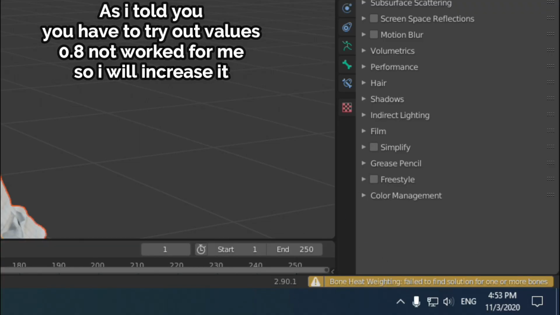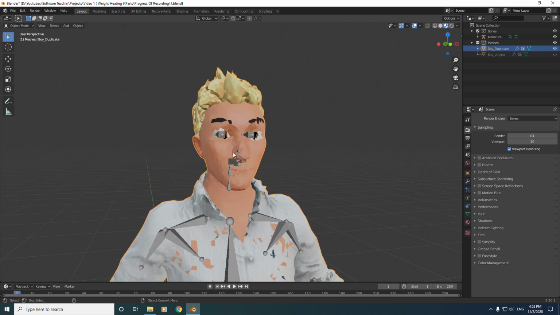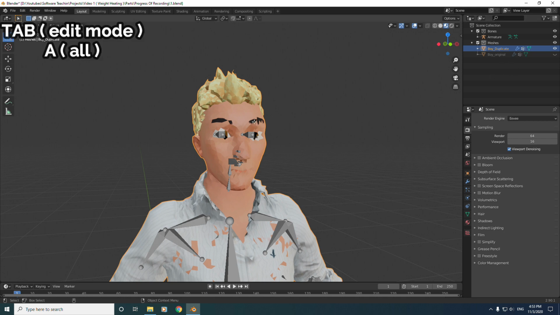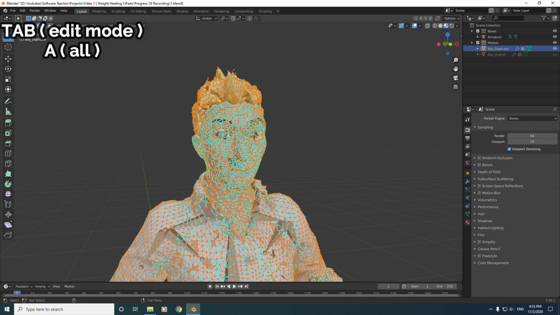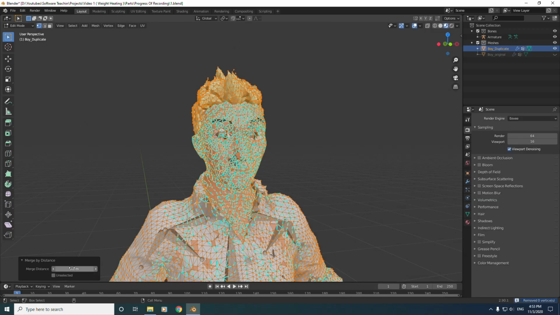Okay, I get this error again. What I have to do is remove the values again. So you have to select the duplicate. If you are facing this issue again, you have to select the duplicate model. Press Tab, A to select all the vertices, mesh, clean up, merge by distance again, and then